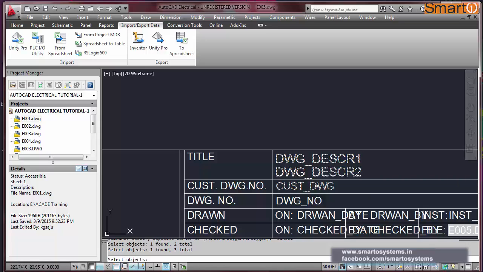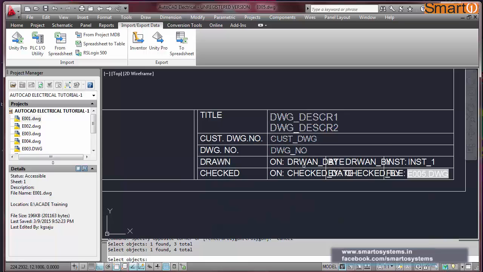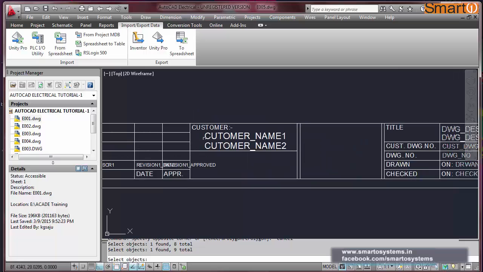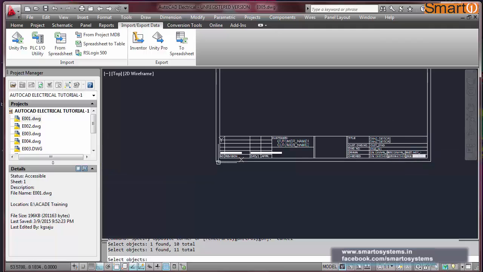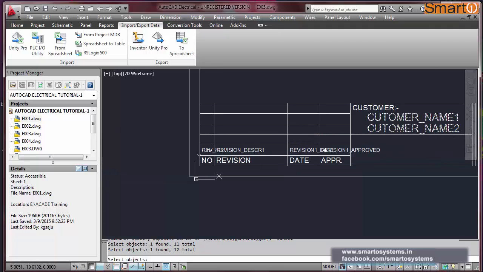Description 2, then customer drawing number, then drawing number, that is our drawing number, drawn on, then drawn by, only the attributes, not the text. Checked on, checked by, installation, customer name 1, customer name 2, revision. This thing first, next,